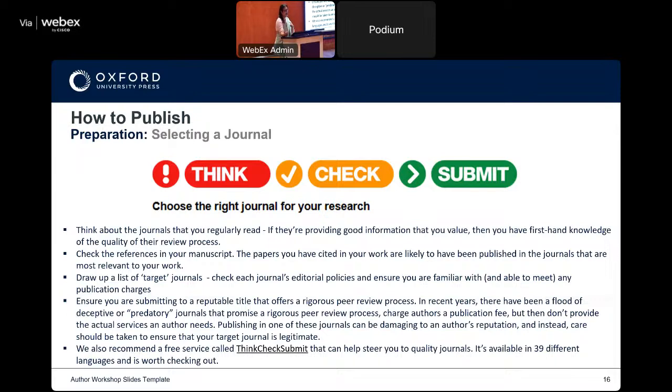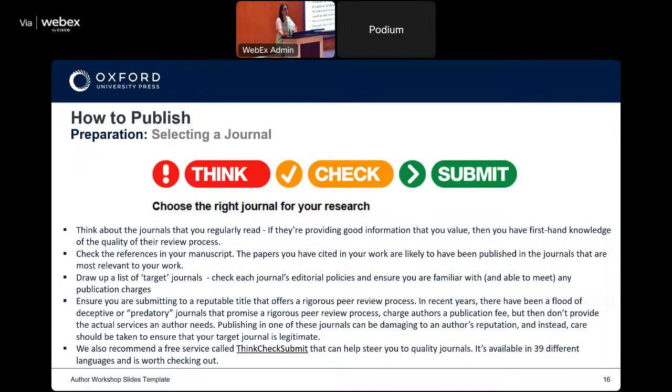So you might want to check the author guidelines and about that journal. So you shortlist the journals you want to submit your article to. That is the most important thing: choosing your journals, staying away from predatory journals, and making a list of target journals. That is your first step.